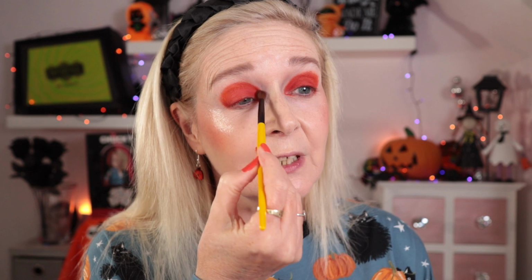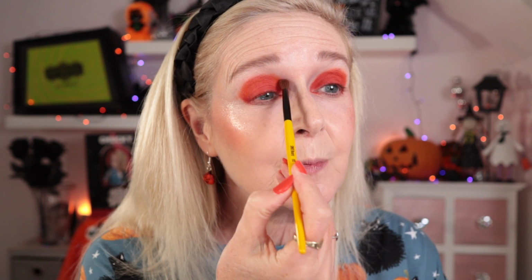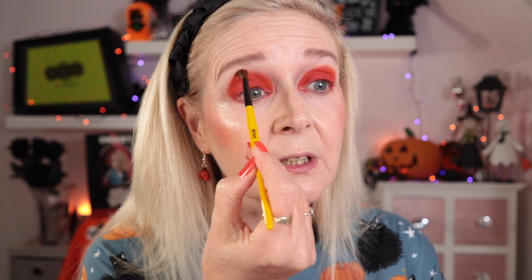I think that's changed the tone just slightly. To blend upwards, I'm going to go in with that shade, which is called Creepy Crawly. So I'm just taking that lowish but round the edges. Starting to get a blend here. As I say, just keeping things on the upper lid because I want to do blue on the lower lash line, which is not a combination that I see done, which there could be a reason for that. It might not work, but